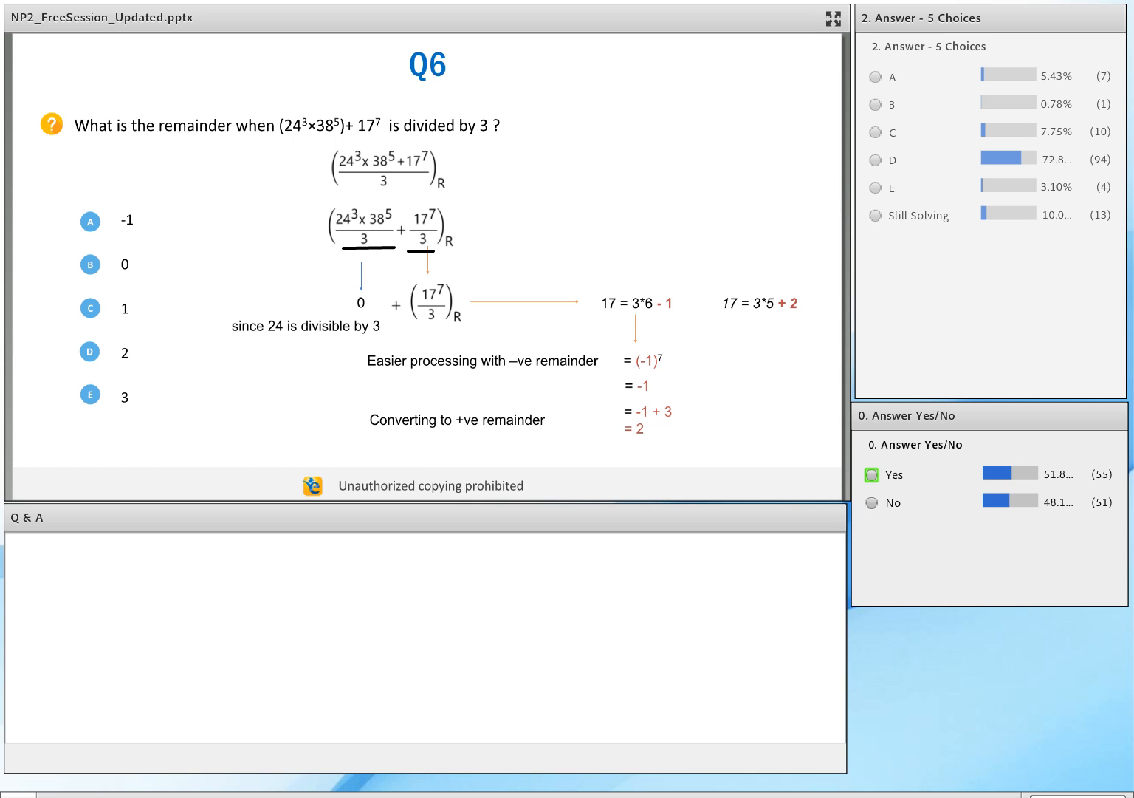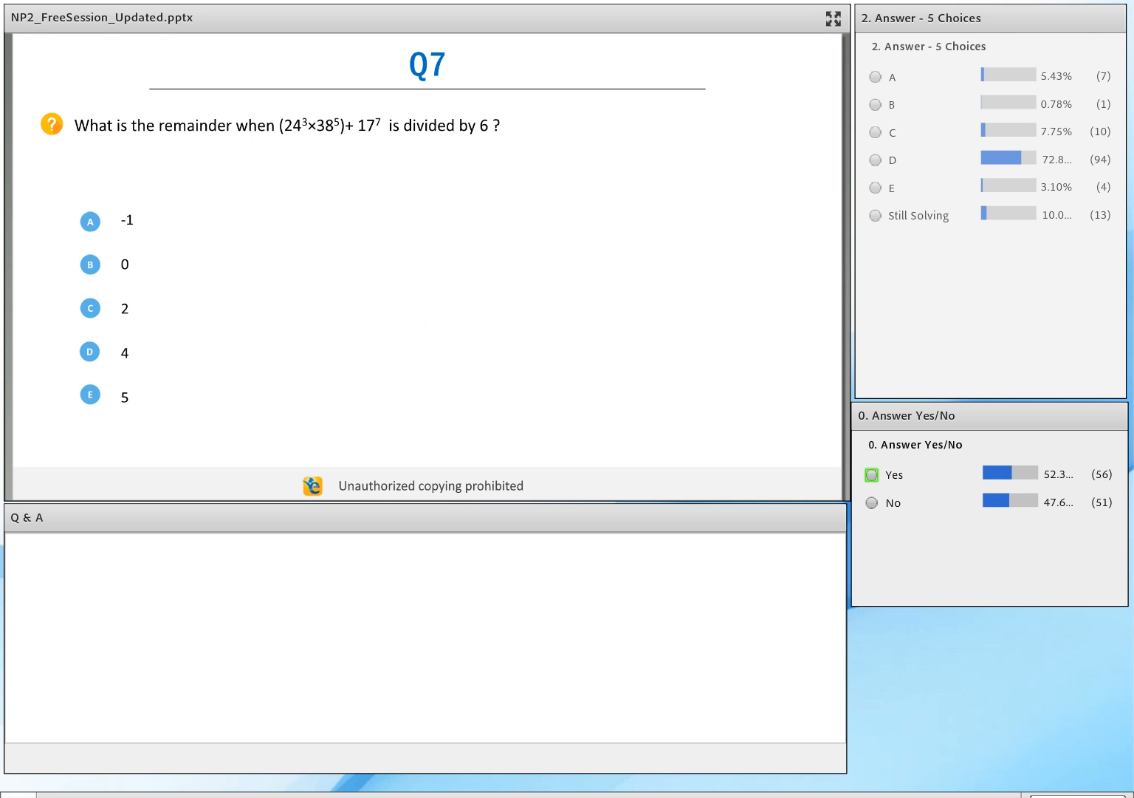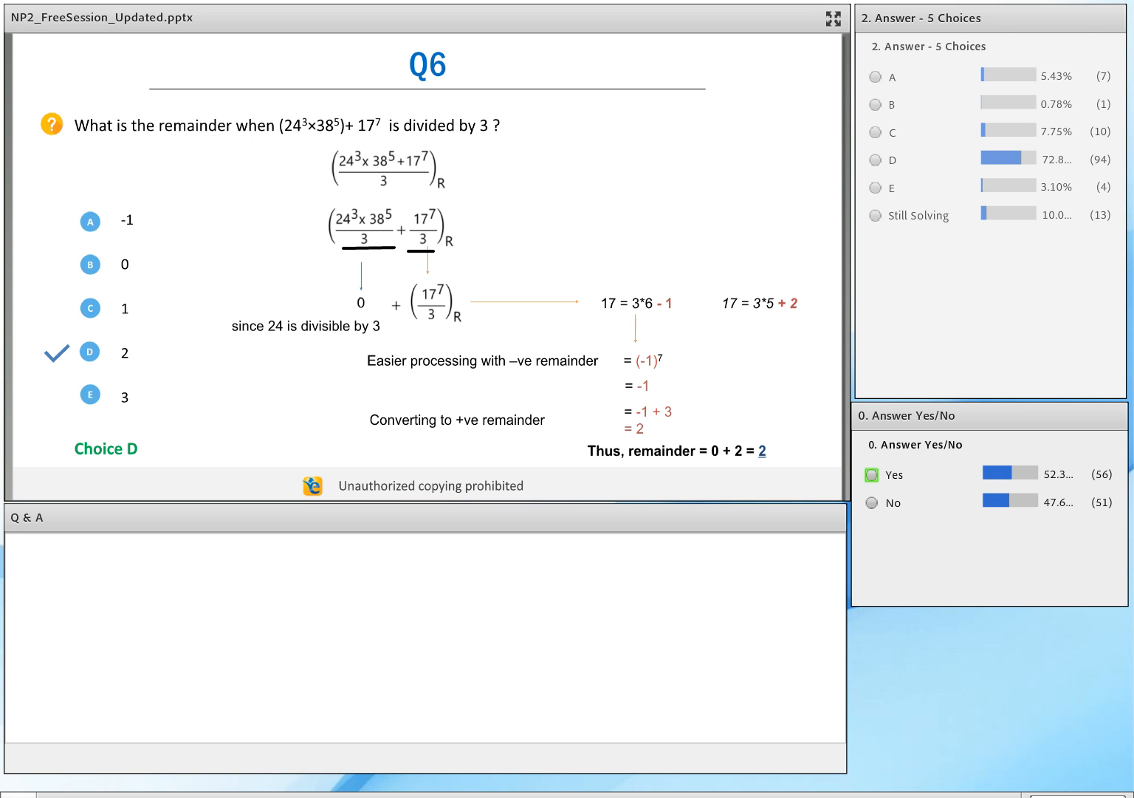Okay. That's easy processing. If you chose the positive remainder route, you would have gotten 2 to the power 7. That's 128. If you divided 128 by 3, you would have still gotten the answer as 2. But it's a bit more math over here. Okay. But hopefully you guys have now understood how to use the concept of negative remainders. Why? Because in the next question,